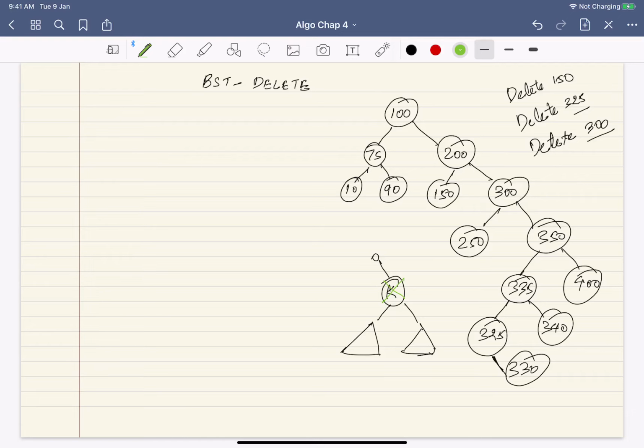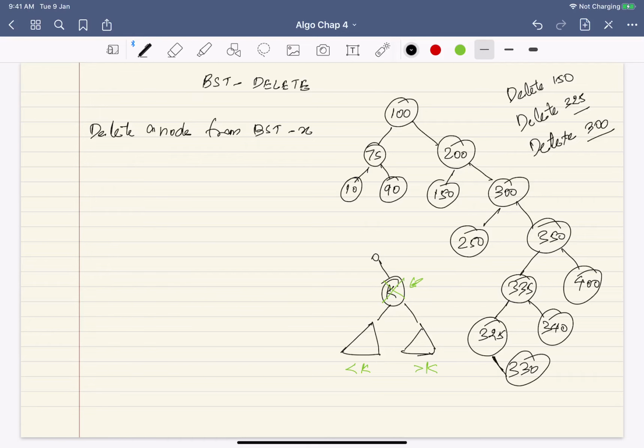These values are less than k and these values are greater than k. So what value should you put here from the subtrees below, so that you make minimum changes? Think over it. Now we are going to write these three cases formally. You have to delete a node from a BST, and suppose the node is X.